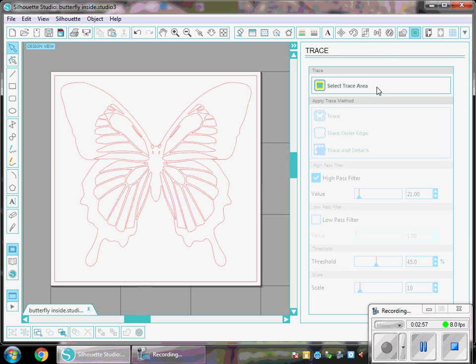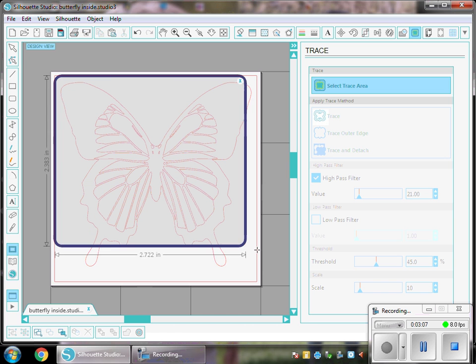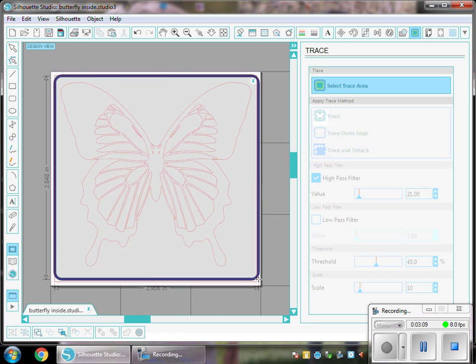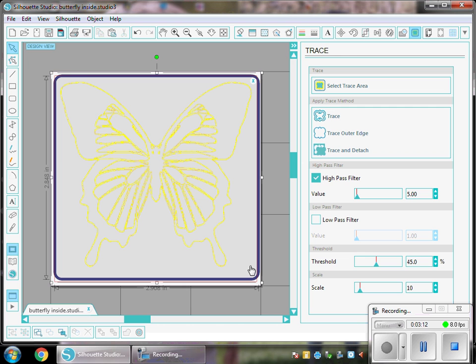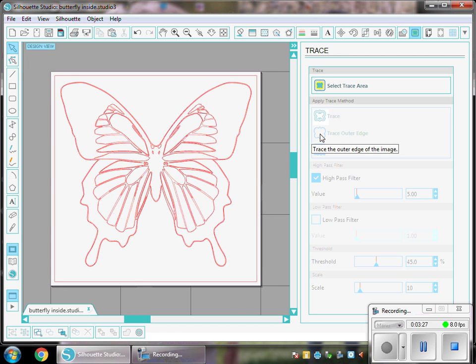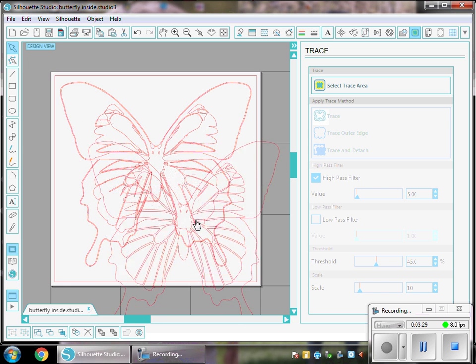Now I'm going to select Trace Area a second time. I want these two butterflies to be exactly the same size. So I want to use exactly the same image with exactly the same dimensions. This time, however, I want the silhouette, because this is going to be my background color that shows in these little spaces in the wings. And so I'm going to trace outer edge. And this time when I pull it away,